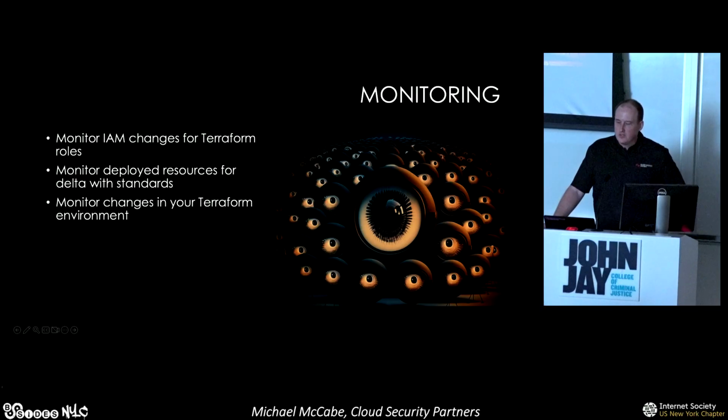But we have to monitor for our infrastructure changing in unexpected ways, like Terraform getting new roles, or someone else using Terraform, or a new trust policy being added. We have to monitor our very trusted systems for changes around them as well. So if people are changing the role for your Terraform infrastructure, then you need to be alerted about that as well. And also just monitor for the things that it's doing in your environment. So if it starts provisioning new resources, you should be able to tell that too, to make sure it's a new resource or a new region that it's deploying, and make sure it's an approved change.